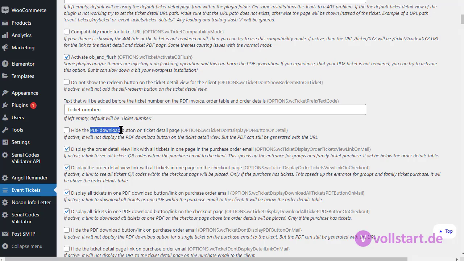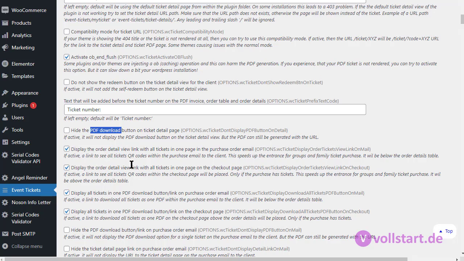The downside of the PDF is if you change the product, then the information on the PDF that is sent out to the customer already cannot be changed anymore, of course. It's already in the inbox. The event ticket plugin is working like this. If you change the event or the product, then every time you refresh the detail page or you re-download the PDF, then the new information will be placed on the PDF. This allows you to have quick changes almost during the entrance time.